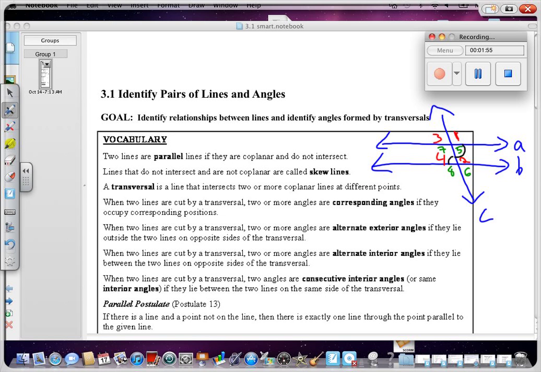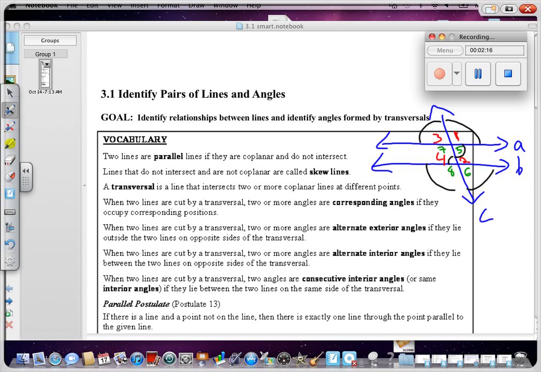Yep. Alternate exterior, what do you think that means? Outside, so like 3 and 6, and 1 and 8. See how they're outside but kitty corner from each other? Yeah. Okay. Consecutive interior means they're on the same side but they're on the inside, like 5 and 2, and